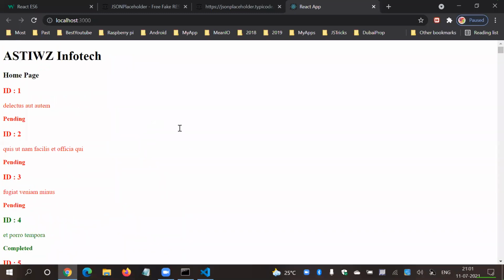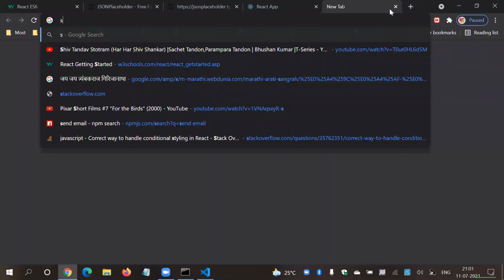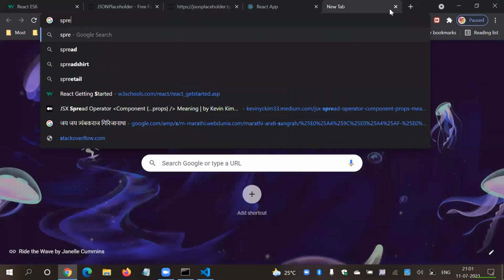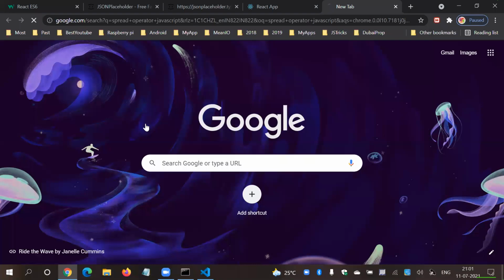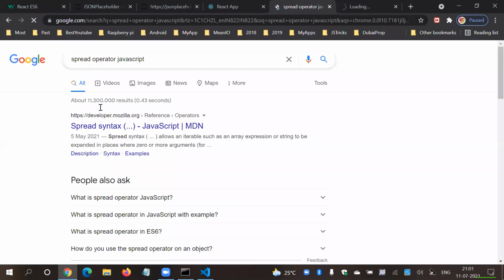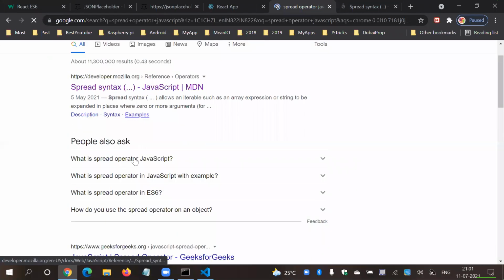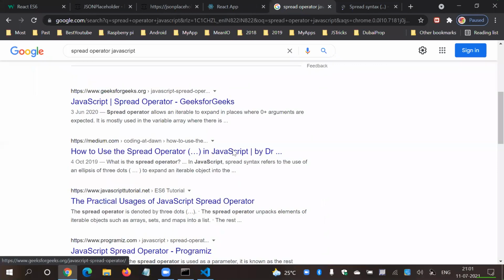So what does it mean by the spread operator? Just search spread operator JavaScript, write down like this, and you will find what it means. This is not W3 schools, guys. Okay, pick anything, from anywhere, no problem.